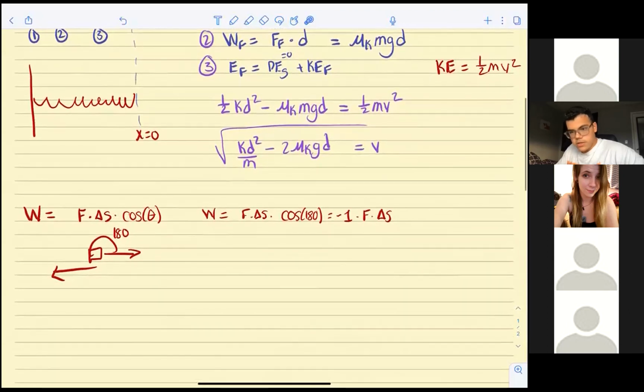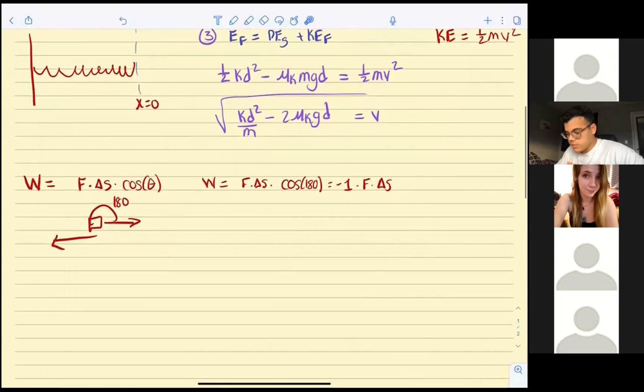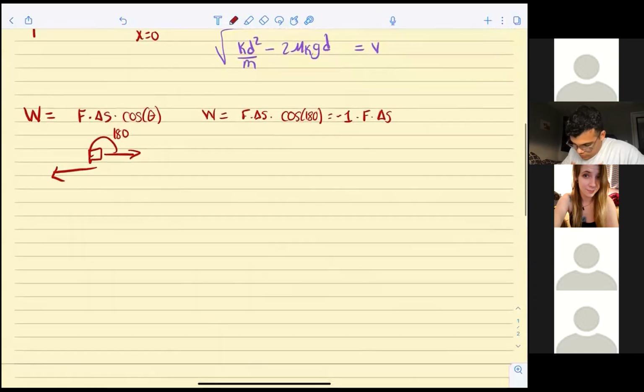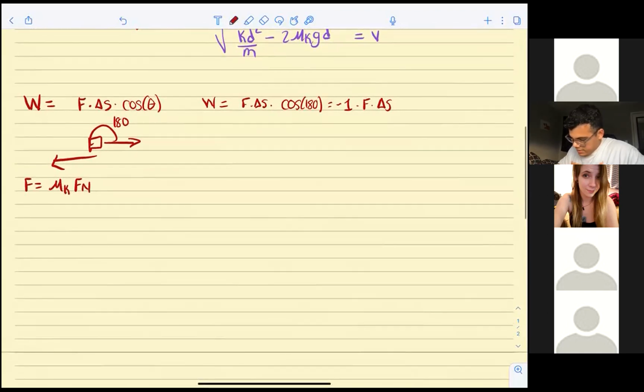I think there was something else. Oh, why is the force of friction equal to mg? The force of friction is not equal to mg. The force of friction is mu k times the normal force. But let's think about this box. This is where physics kind of blends. Even though we're not doing forces anymore, you're kind of supposed to have some knowledge of how this works. If we think about a box sitting here and ask ourselves what the forces acting on this box are, well, you're going to have the force of